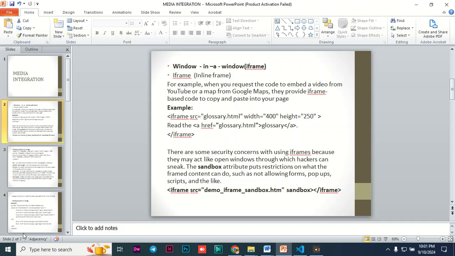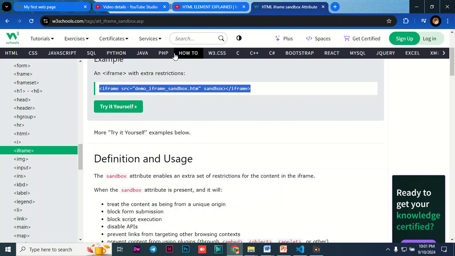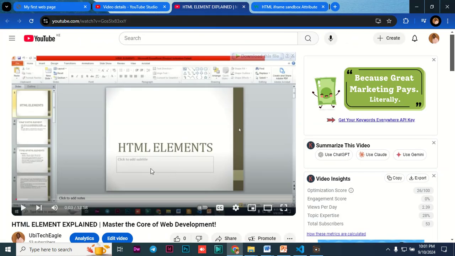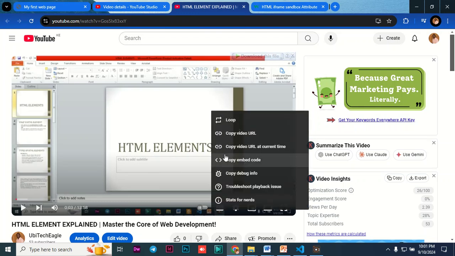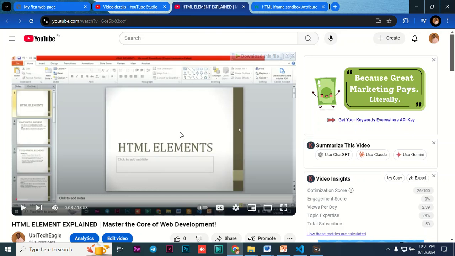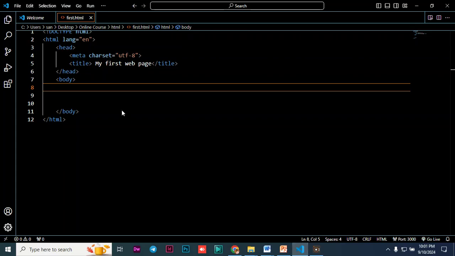So for example, this is my video. If I just go to my video here, you can see that this is my video, and in this video I just want to copy the code. So what am I supposed to do? I right click here, and then I say copy the embed code. When I click here, you realize that when I go to paste it into my